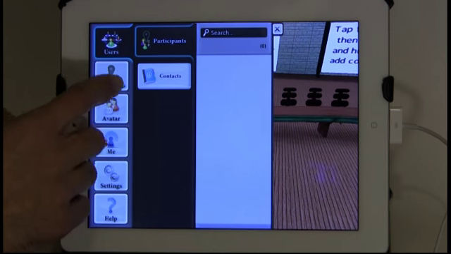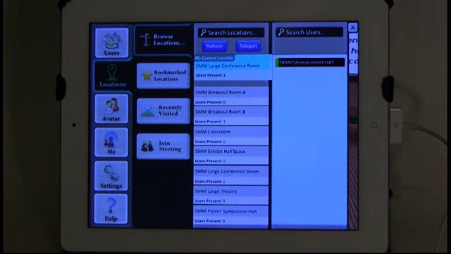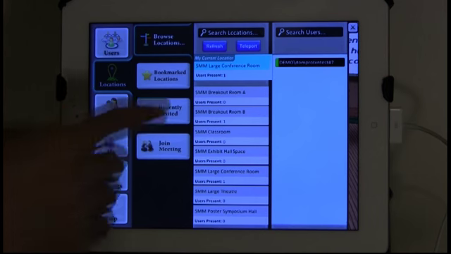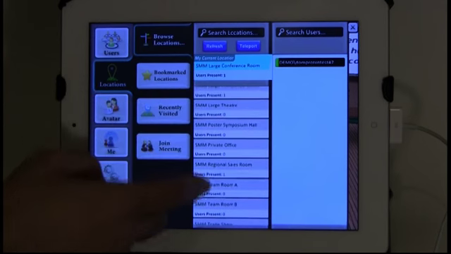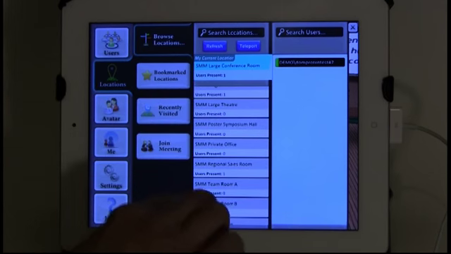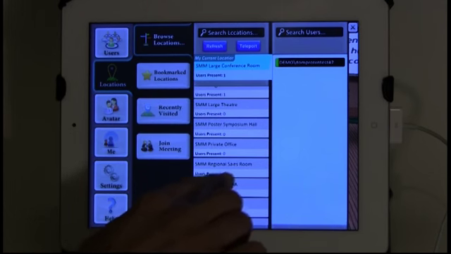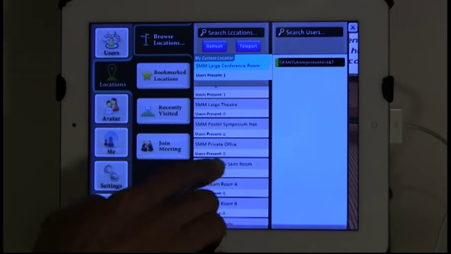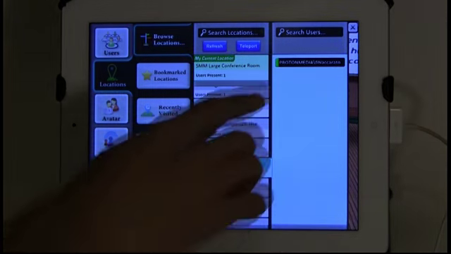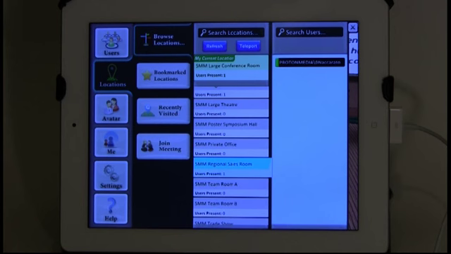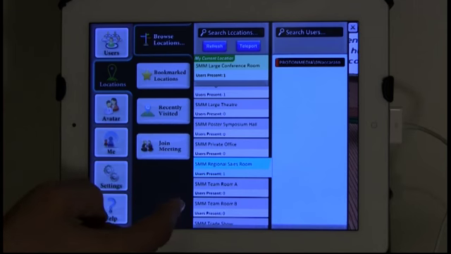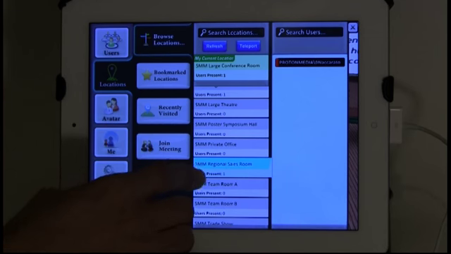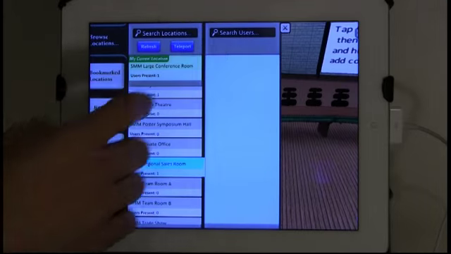If I tap around a little bit more, I can select my locations, and I can view a listing of all the locations that I have access to here in the 3D environment. I can swipe through that list up and down here, for example, I can even see that this particular location has one user already present in there. If I tap on that location, I'll actually see who's in that particular location, and then obviously I can take it a step further by tapping on it and then selecting the teleport button to jump over to that location